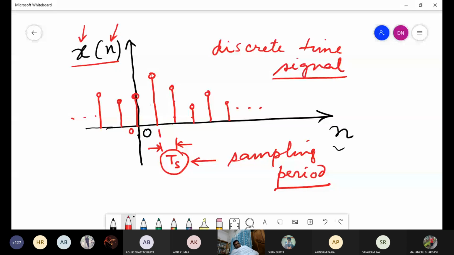Now, a discrete time signal may be periodic, may be aperiodic. Different types actually. It may be an energy signal, it may be a power signal. When it will be an energy signal and when it will be a power signal is defined based on the amount of total energy or the amount of average power. And these discrete time signals may also be like this